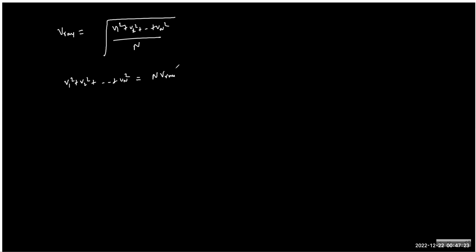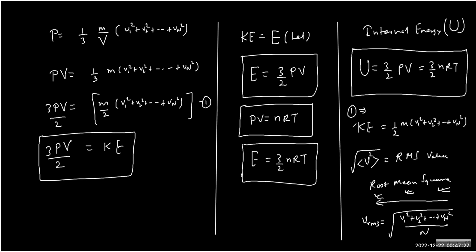So VRMS is how much? Squaring the value, taking the mean, and the root. So can we write the square value as n VRMS square? And therefore, this equation,